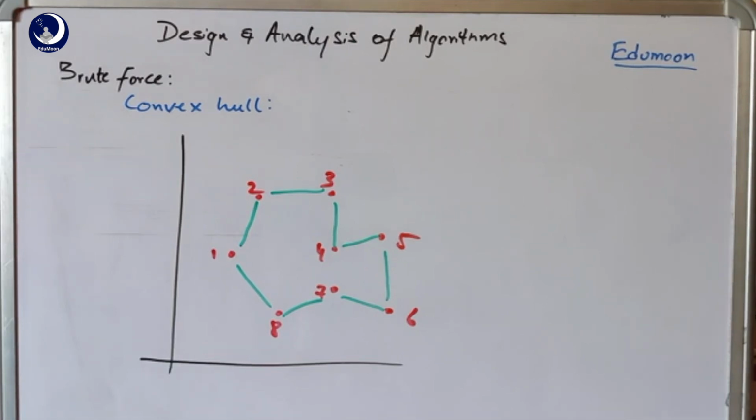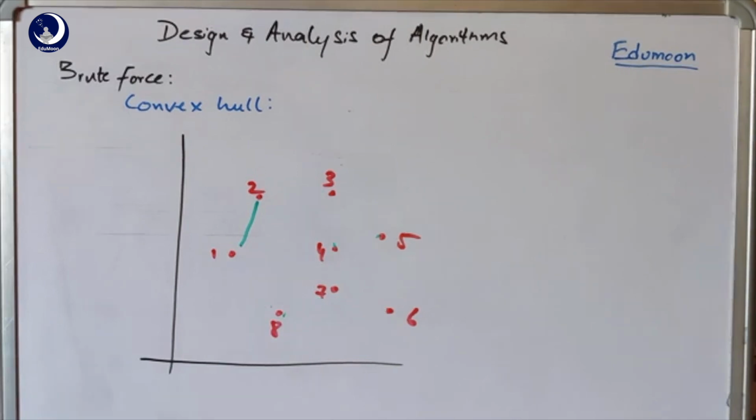The brute force technique, like the previous problem, takes all the pairs. For example, you can see the first pair of points, 1 and 2, with a line joining them. Now it will extend this line through 1 and 2 and check whether all the remaining points are on one side of this line. If all the other points are on one side of the extended line, then we can consider 1 and 2 as the line joining the convex shape.